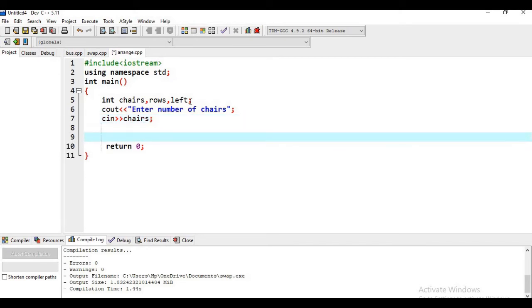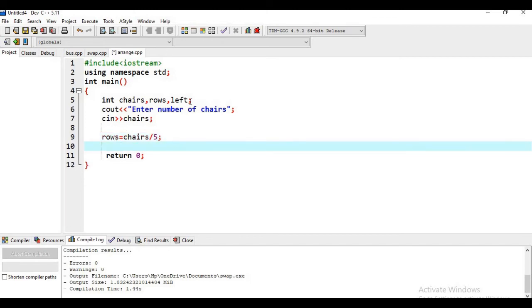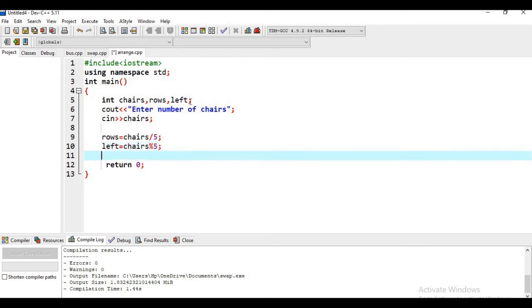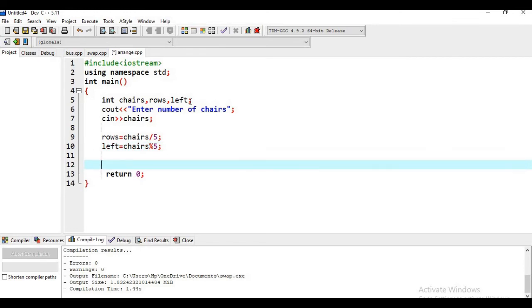Now we have to find out the number of rows. So rows are equal to chairs divided by 5, and remaining chairs are chairs mod 5. Okay, now we are going to print it.